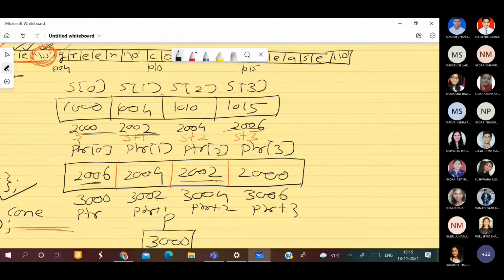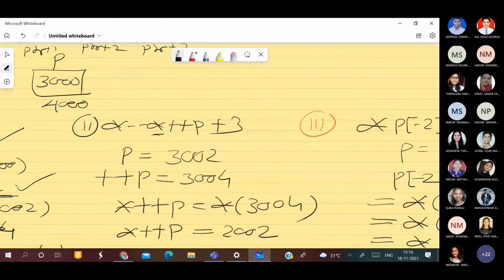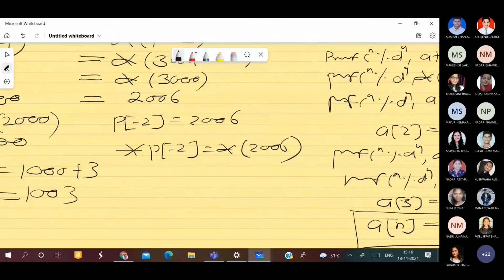What is star at 2006? 1015, right? Star at value at 2006 is 1015. So I am writing 1015.